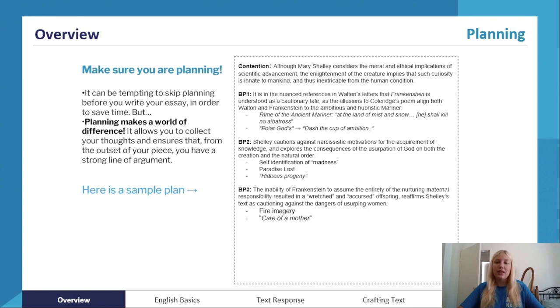So we see a solid contention there that has strong vocab and addresses the prompt, which is about the moral and ethical implications of science. Okay, it does state an argument and a counter argument, and that being that the student clearly agrees that there are moral and ethical negative consequences of science, but also states that it's part of the human condition, it's part of human nature to be curious